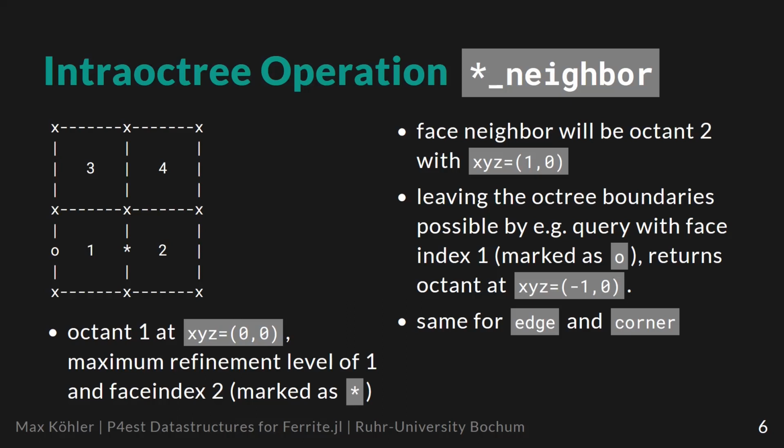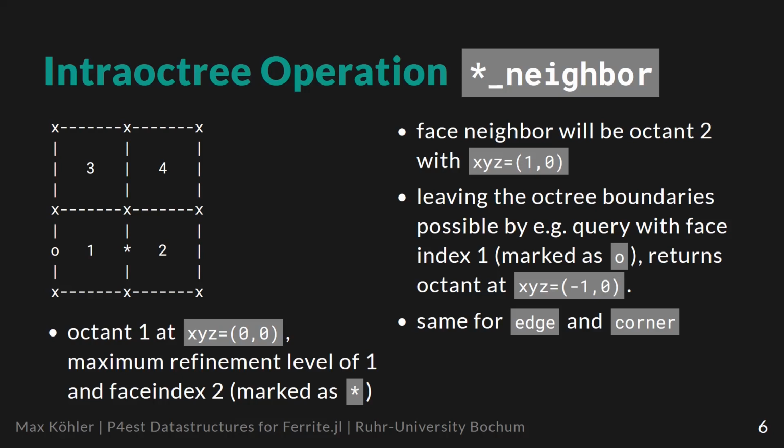And now the important bit is that you can also leave the octree coordinate system. So what happens if I query the neighborhood at this face? Then obviously I would leave the octree coordinate system, which has a fixed size. And you can see this because what you would get is an octant that is outside of the octree at -1 and 0, which makes sense. So if you query here, then you get an octant here, and the XYZ is at -1